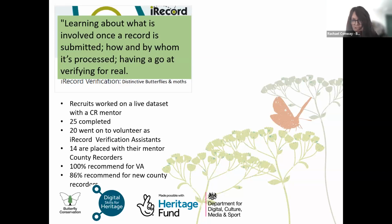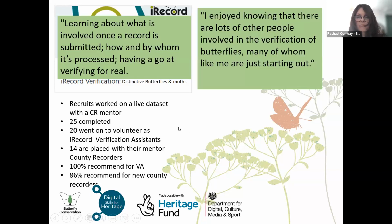We don't want to lose the momentum gained. So that's why we're really thankful to our funders for awarding us some additional support so we can really embed some of that learning and make sure that we can keep things going after the project is finished. There's just a little quote saying how people enjoyed being part of that verification community, which was really nice actually